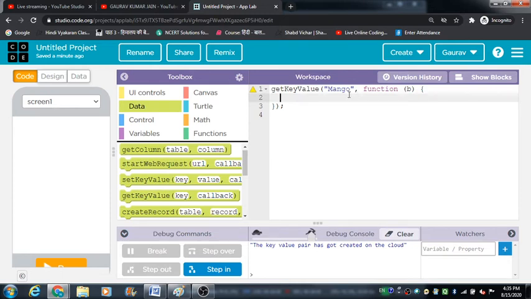Now what you want is to write down the value of this B here on this mobile simulator.